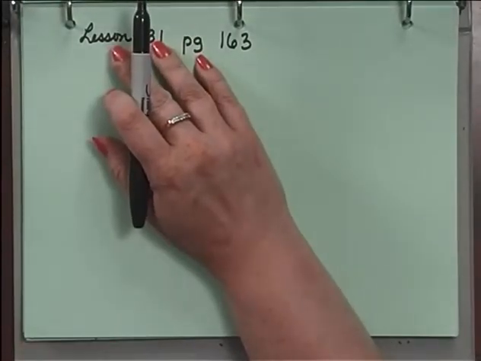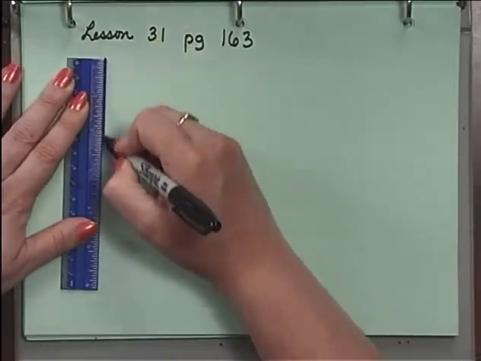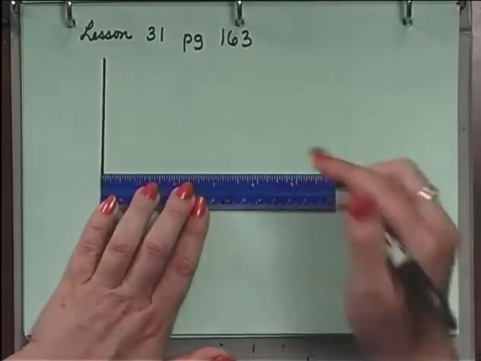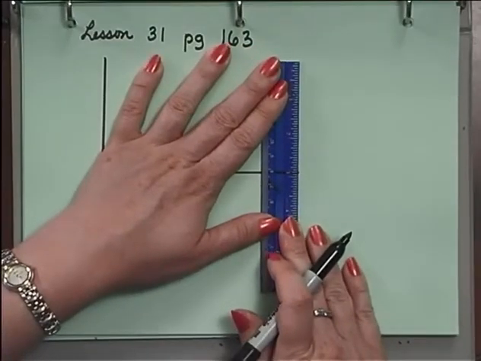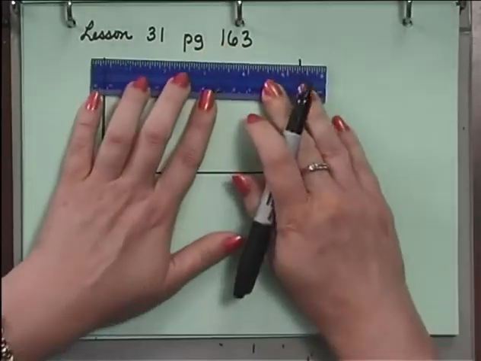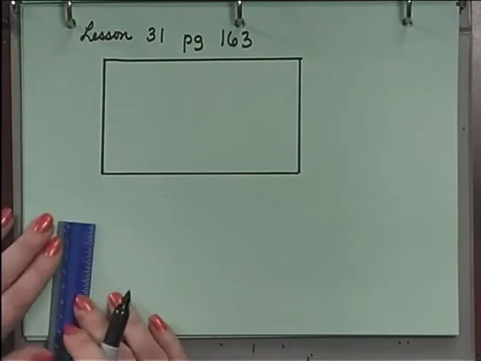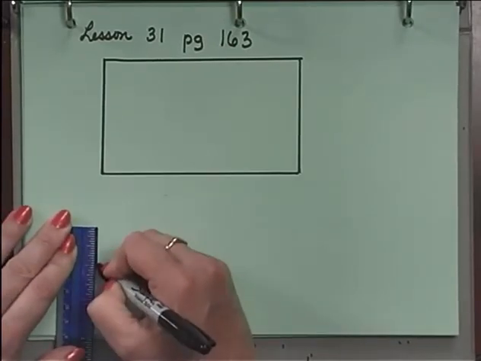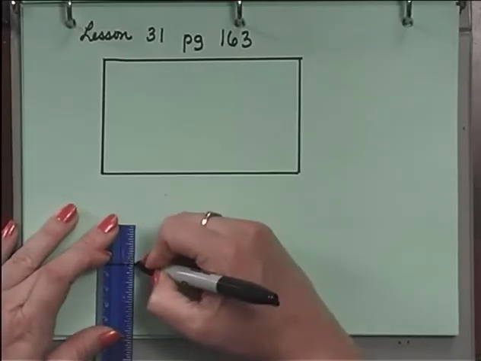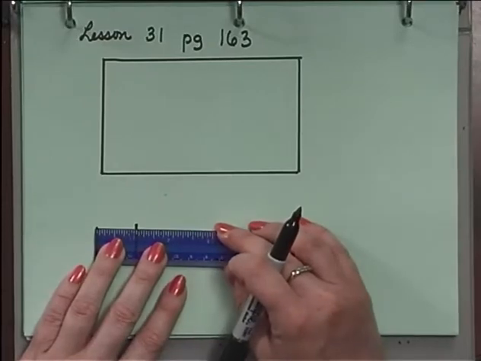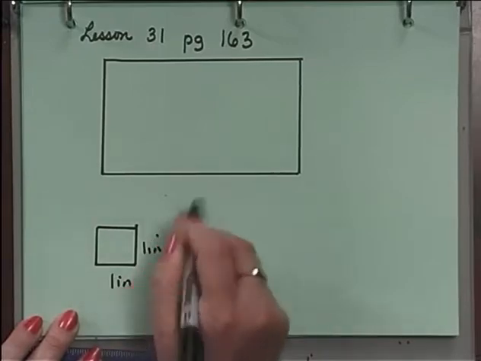Now let's say that I had a rectangle that was 3 inches by 5 inches. So I'm just going to draw out a rectangle that's 3 inches by 5 inches. And I wanted to find the area of the rectangle. Well, what I would be trying to find would be how many square inches can I fit onto this rectangle. Now a square inch is a square that is 1 inch on each side, and it looks something like this. So I want to know how many of these square inches will fit onto the space that I've drawn out